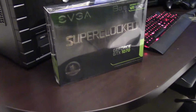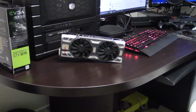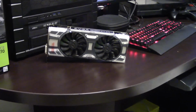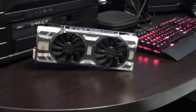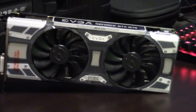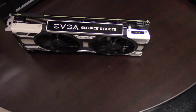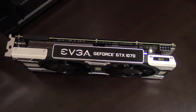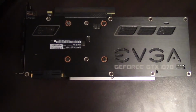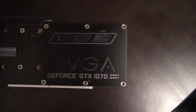The EVGA 1070 Superclocked ACX 3.0 GPU features the new ACX cooler from EVGA, which moves away from the black finish to a silver and white look. Along with the color change, the cooler shroud looks and feels more premium than previous solutions from EVGA. Underneath the shroud is an underwhelming heatsink with no visible copper tubing, so nothing flashy here. Along with the fancy shroud, EVGA includes a brushed aluminum backplate